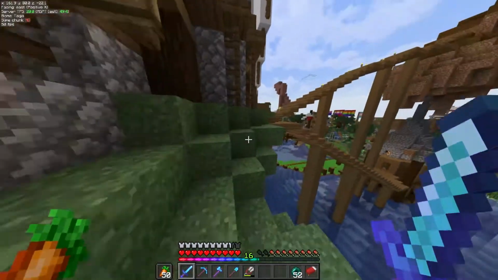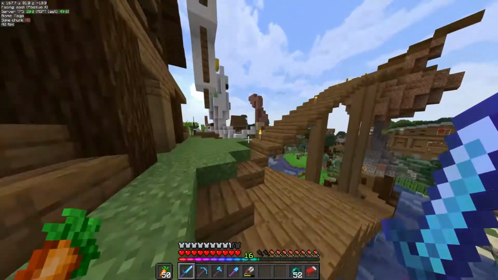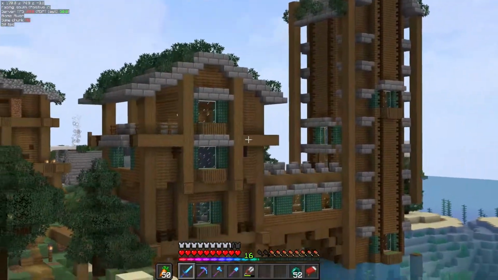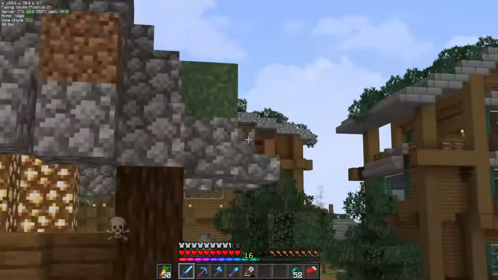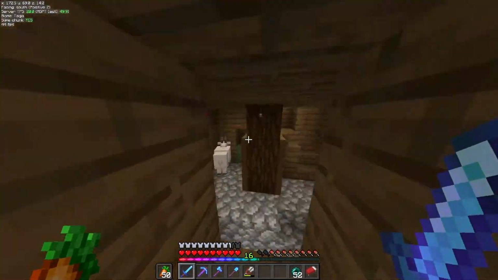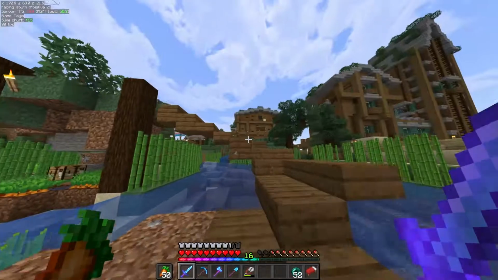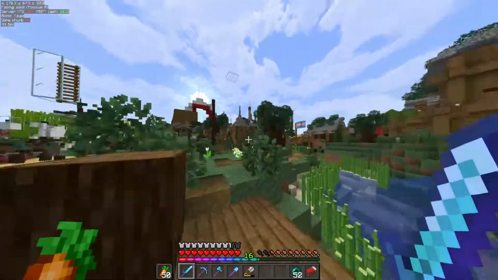So let's walk, I guess, down to this area of the server. We can see there's the aquarium over here. And then there's also the club built over there. Oh, there's a goat. I'm just going to go down the tower right now. And if we see, there is...